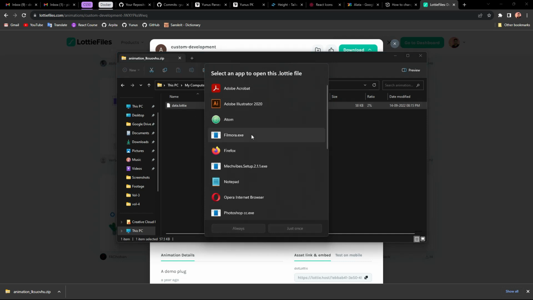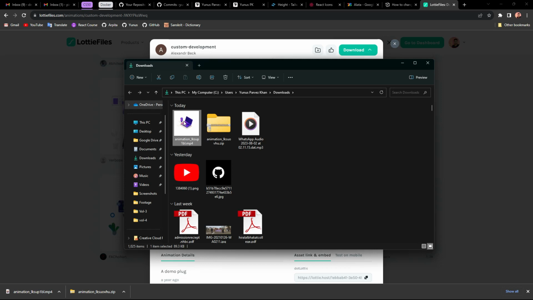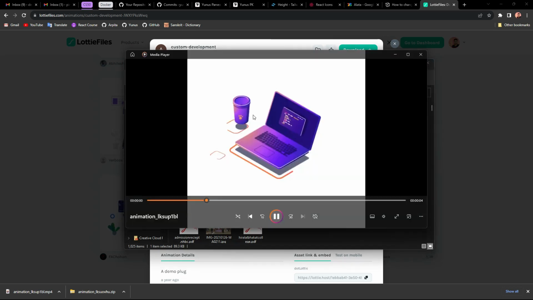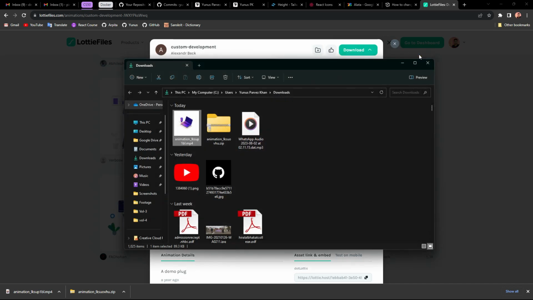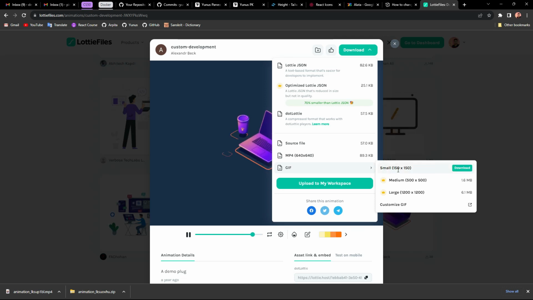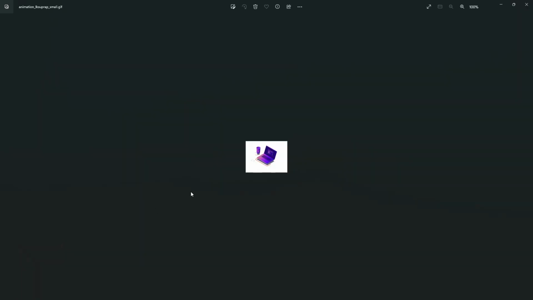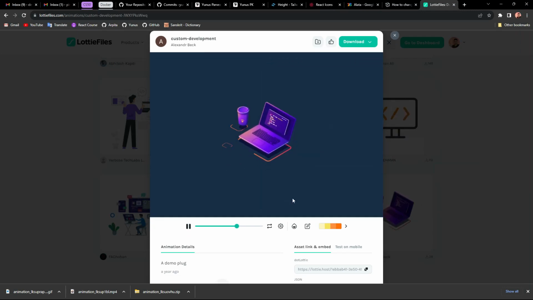Data.lottie. How am I gonna use that? No, we need that mp4. Okay, download that mp4. Okay, I got it. So in the folder, like I said, they gave it in white, so that's the problem. I don't want it in white. Also, if you download GIF, that's also gonna be in white. I open that, see, that's white. That's the problem.